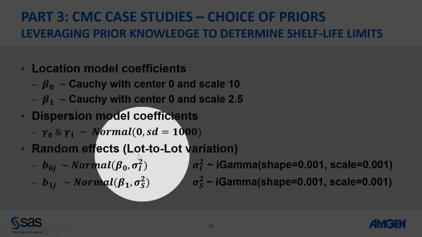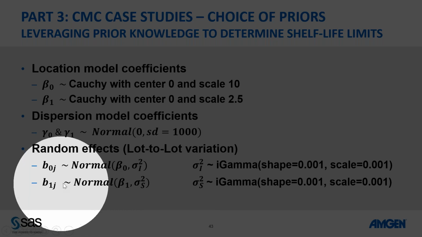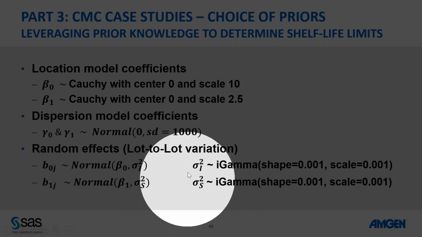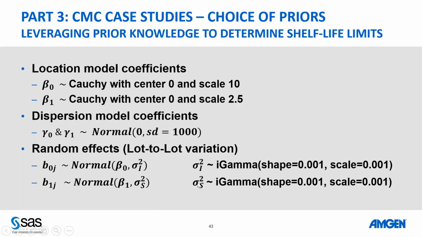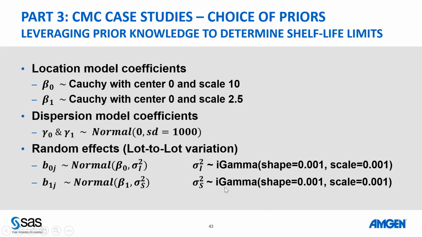And for the random coefficients, here is the lot-to-lot variation. Before, in the hierarchical model, it was data set to data set variation. Here, we're going to use a normal for the means and an inverse gamma for the variances. Again, this is where there are discussions. For example, Professor Gelman wrote a paper on prior distributions for variance components, and he does not suggest that people use the inverse gamma distribution. He suggests that we use the half Cauchy or something else. We tried that, and it didn't work well.